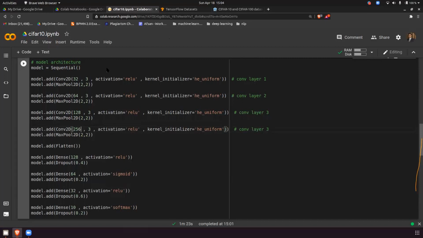If the image size is 32 here, and I'm doing a pool of 2 cross 2, so divide by 2. What is the value? 16. Then again I'm doing 2. What is the value? 8. Again I'm doing 2. What is the value? 4. Again I'm dividing, so 4 and 3 is the final matrix size.